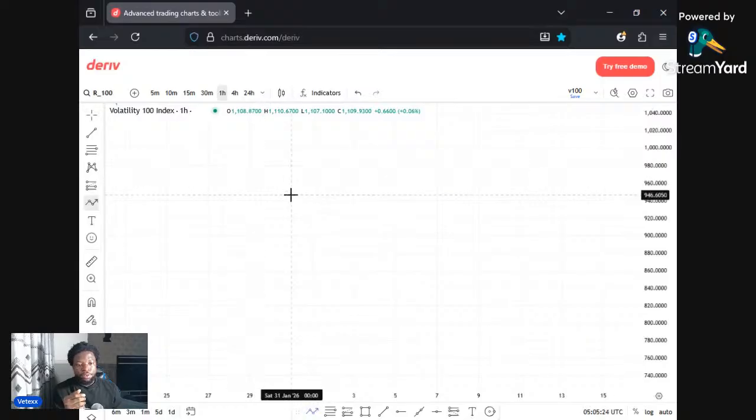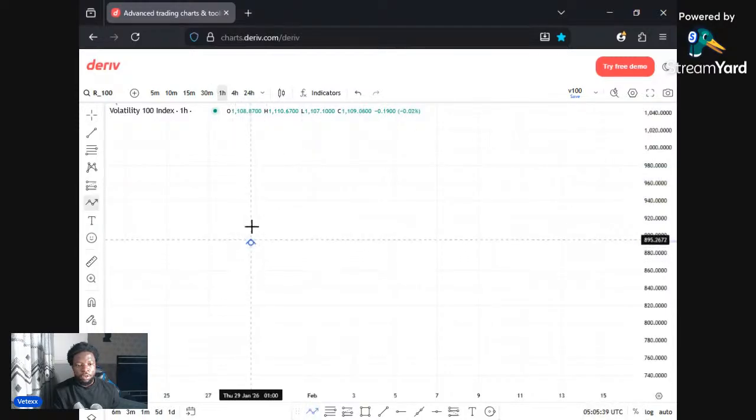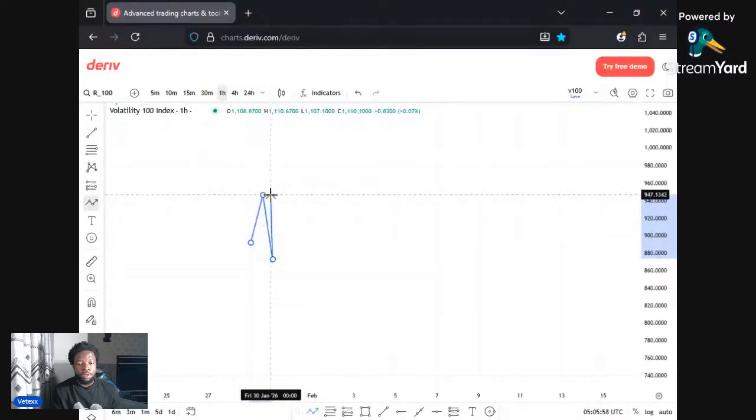Our trading system, if you are joining for the first time, this is how our trading model looks like. We have price moving to a higher high like this, and then we have it breaking and taking out this. Then we have price retracing back to take out this liquidity, which means it has swept it. So once it sweeps it, it gives us